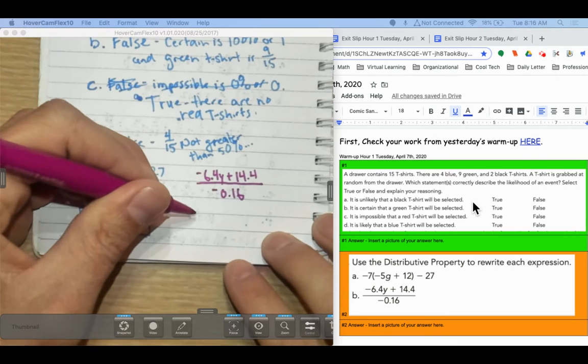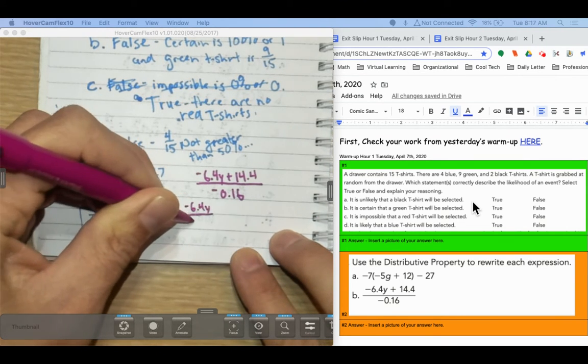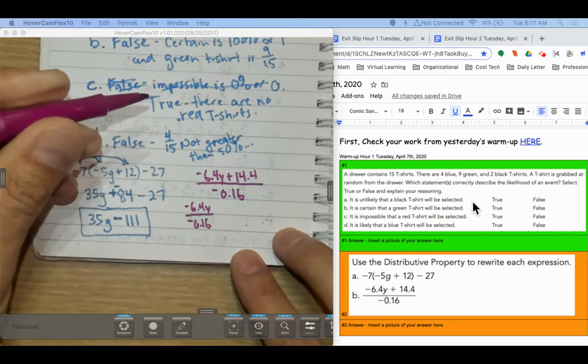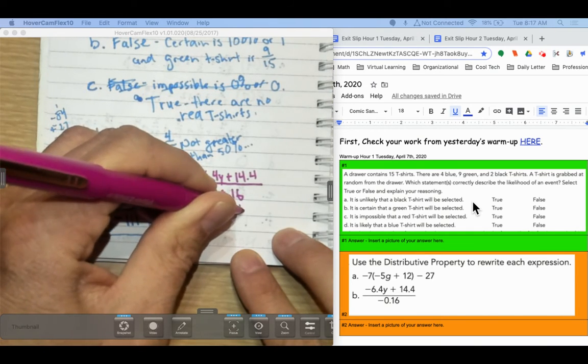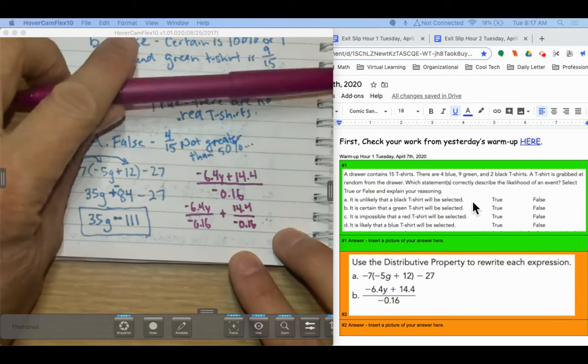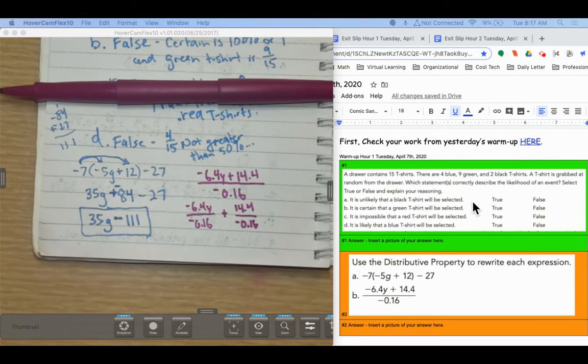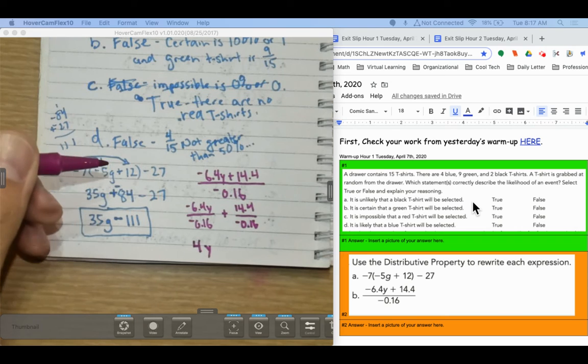It's saying I can separate this out, so it would be negative 6.4y over negative 16 hundredths plus 14.4 over negative 16 hundredths. Okay, then it goes in 4 times. So on the left, this would be 4y